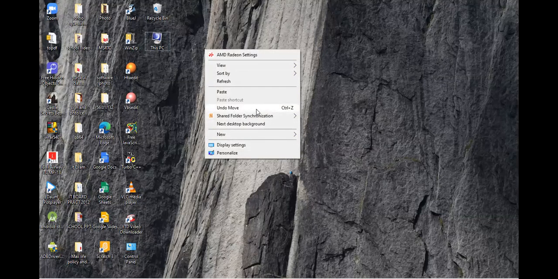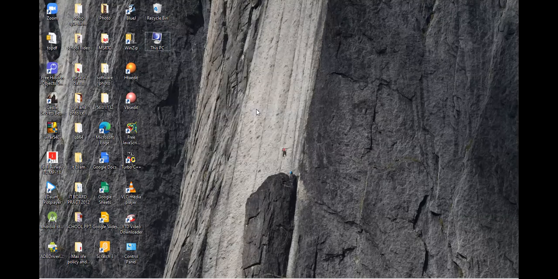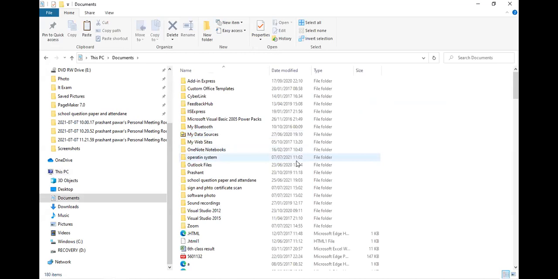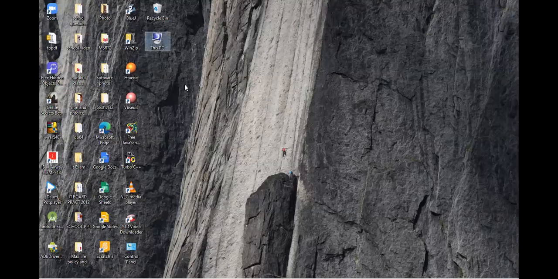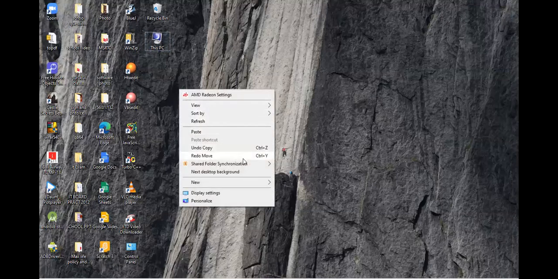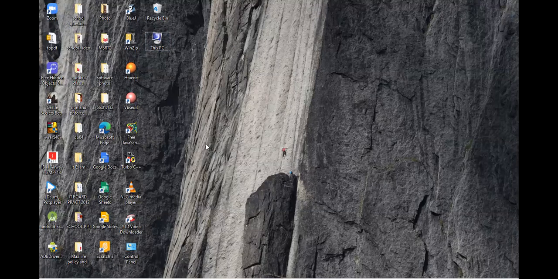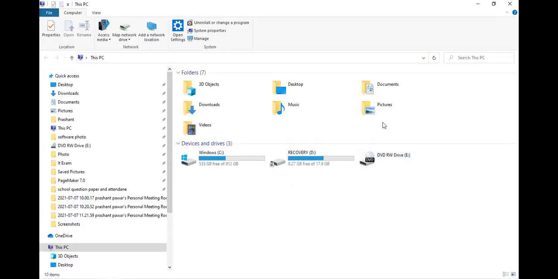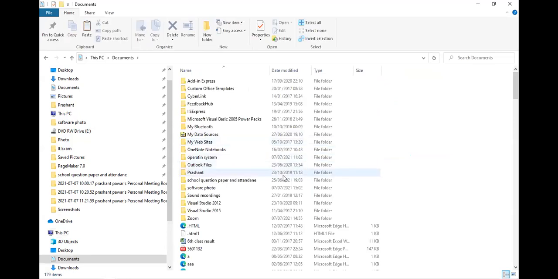If I want to press Control Z, to undo all the moves that I have made, the folders will automatically be reversed. Even undo copy: whatever I have copied and pasted will be reversed.